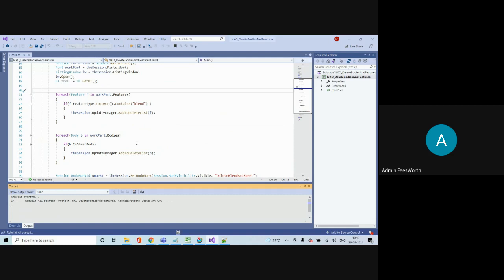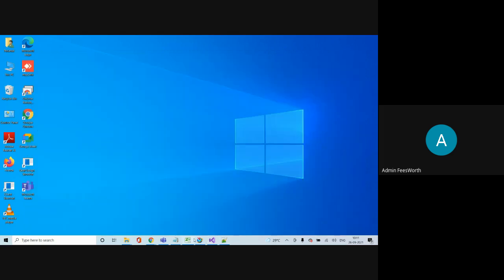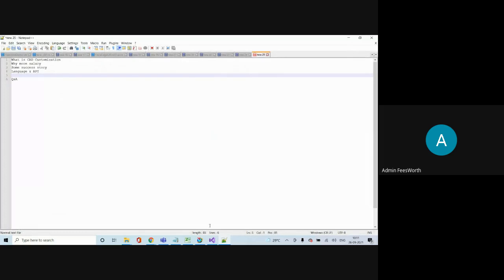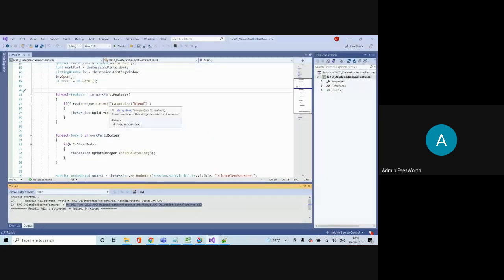This is for NX and most of the other software also. I'm showing this in NX for now, but in AutoCAD also the procedure is the same. Whether you customize AutoCAD, NX, CATIA, SolidWorks, Revit, Inventor or Creo, for everything you have to write a program here. That is common.